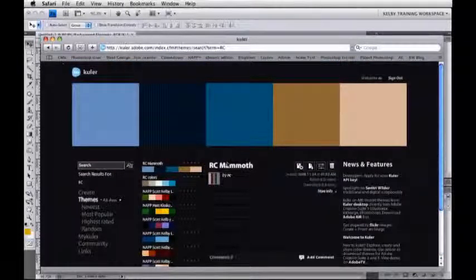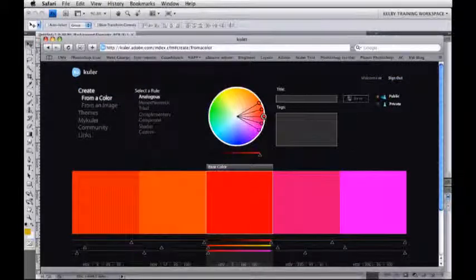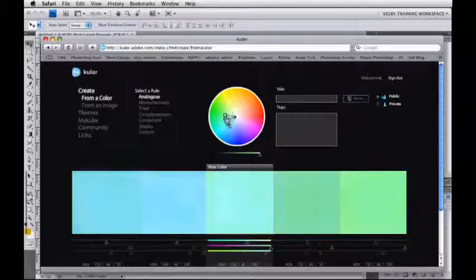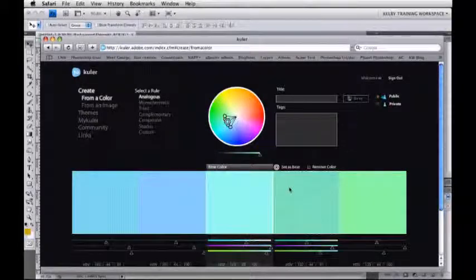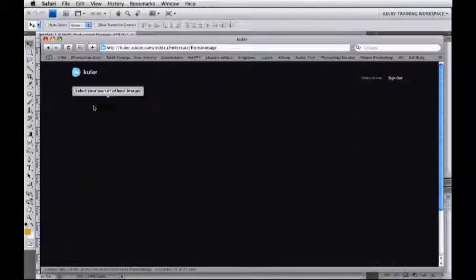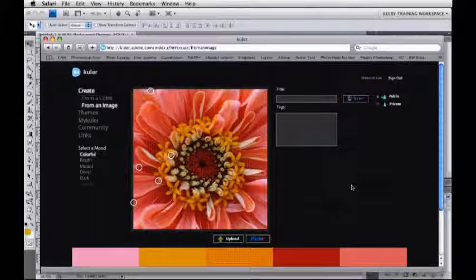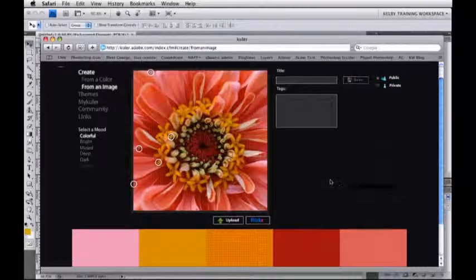A lot of the times, you can find a lot of color inspiration right from images. So single click on the From Image section. It's going to go to Flickr, and it's going to find different colors. I like that. That's pretty decent. Now, what I'm going to do is go to Flickr, and I'll explore stuff inside of Flickr. Now, I'm going to go in and sign in, make it even better. Now, notice once I'm signed in, I can come back over here, and I can go to my photo